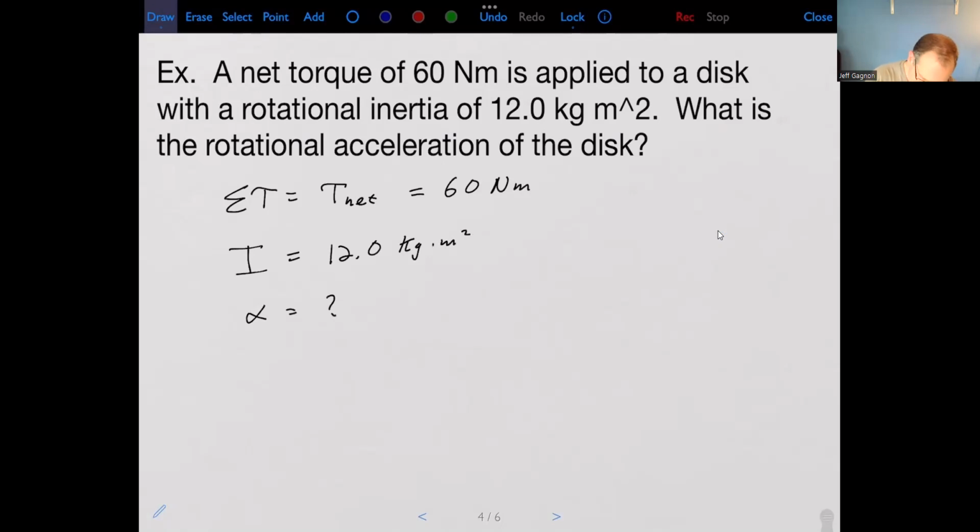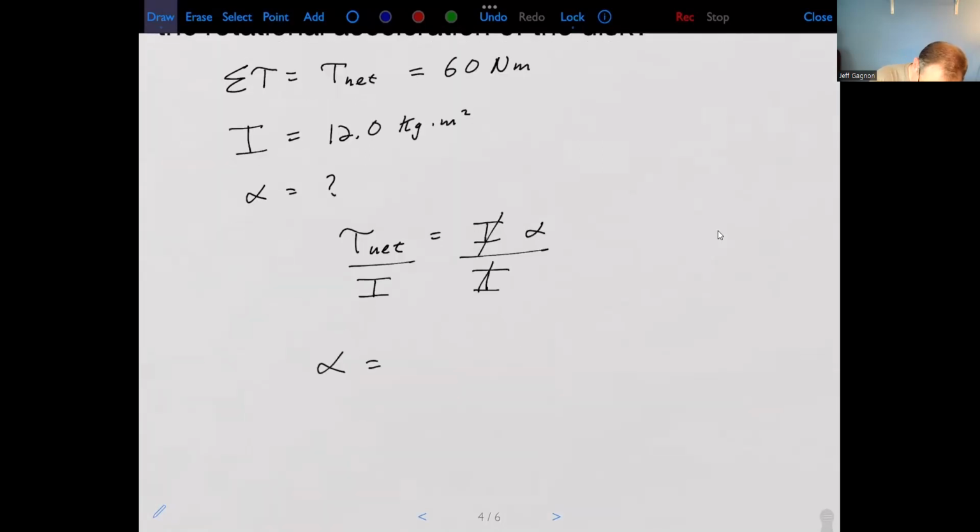Well, we know that the net torque is equal to I times alpha, or the sum of the torques is equal to I times alpha. We just learned that. So I can solve this equation for alpha by dividing both sides by I. So these I's cancel, and alpha is simply the net torque divided by I. In this case, the net torque was 60 divided by I, which is 12. And I'm going to get 5.0